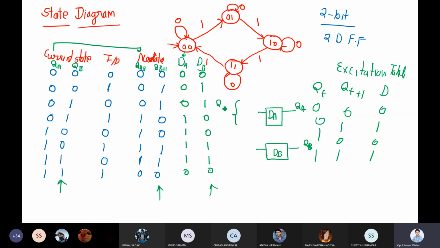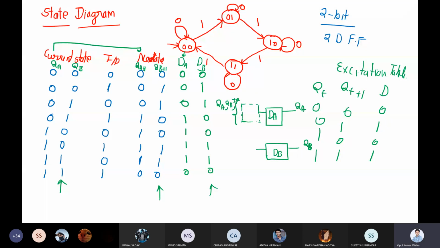It will be QA, QB, and the input. Ultimately we have to figure out the combinational circuit that takes the input of QA, QB and input and puts information into DA so that the next output will be QA plus 1.